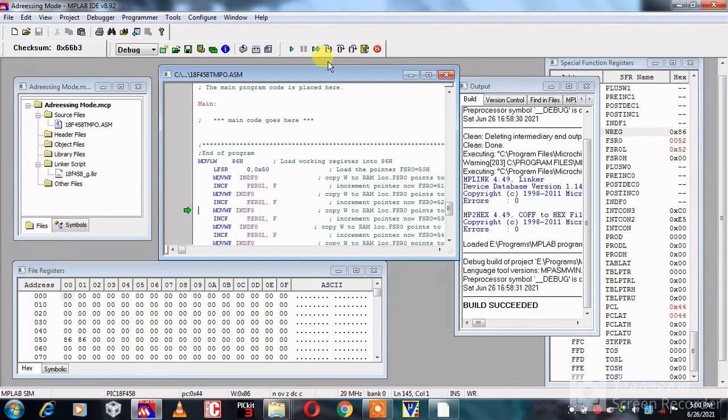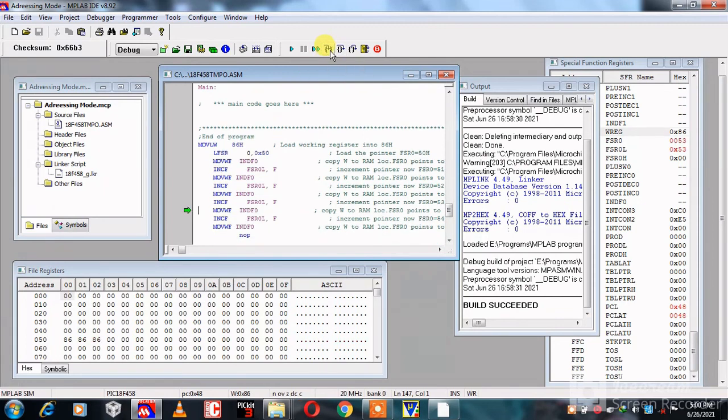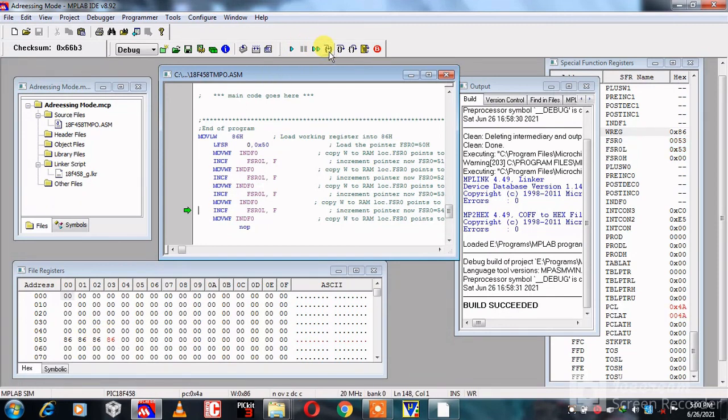Then again pointer is incremented, and then 86 is loaded into 0x52 location. Then 86 is loaded into 0x53 location indirectly.